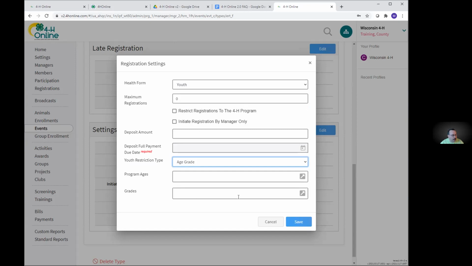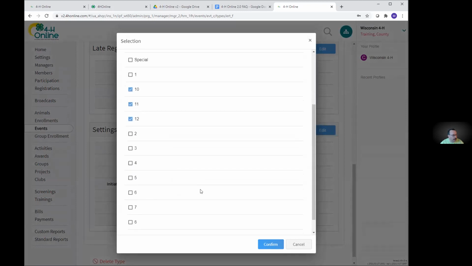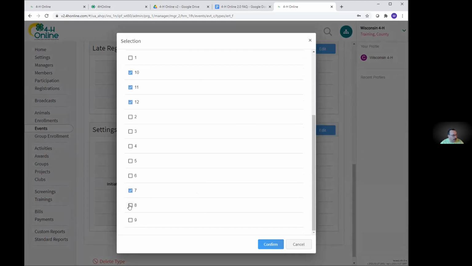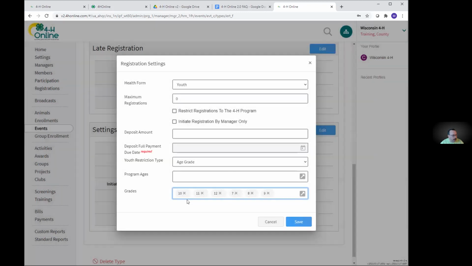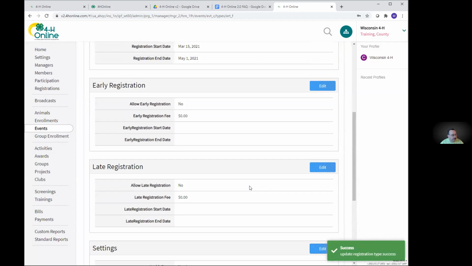With the grade, we can check it and go through and select 7th and up. So I'll check the boxes. At this point, 7, 8, 9, 10, 11, 12, I'm going to allow to register. And that's because I put in this age grade restriction. I go ahead and hit save on that. And now it's updated here.